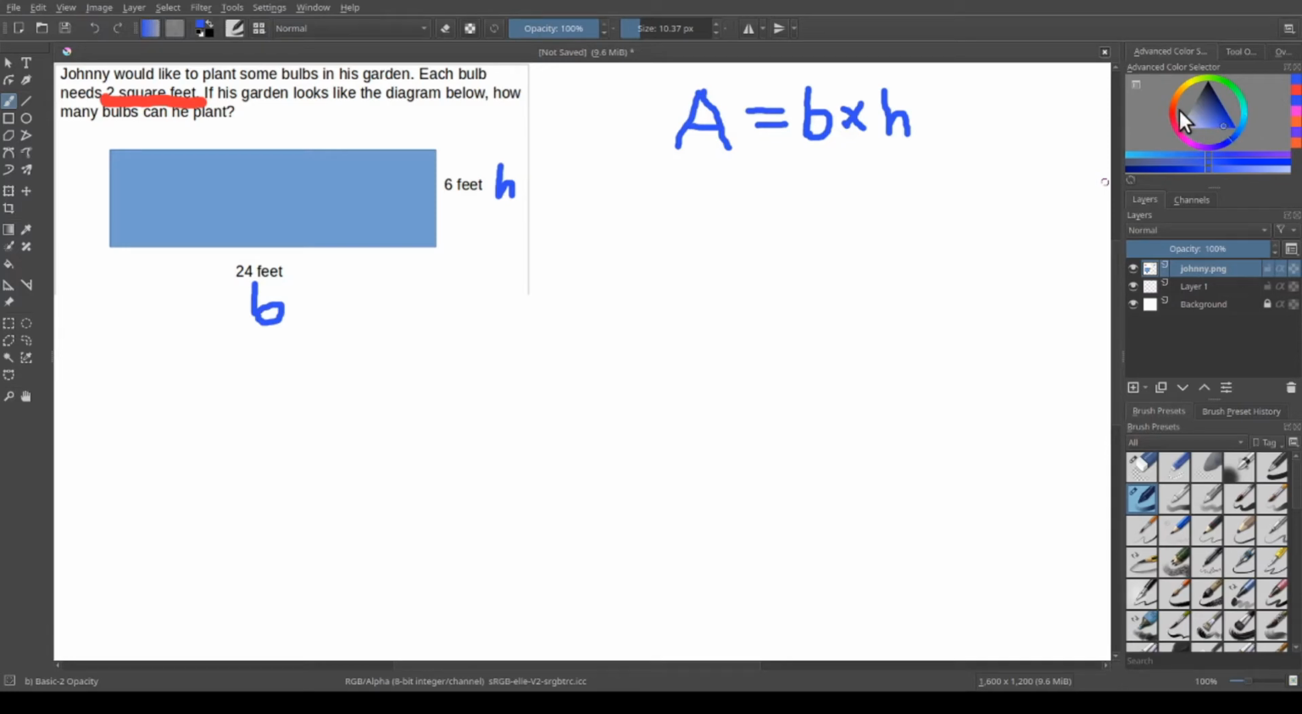Now I want to substitute my numbers in for these letters. Since I called base 24, right underneath the B, I'm going to put 24 times H, which I called 6. Now I'm going to do the multiplication in a format that most of us see. I'm going to do the multiplication in the vertical way. So I'm going to say 24